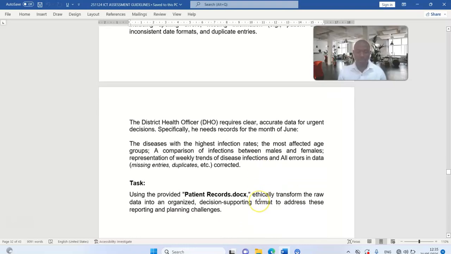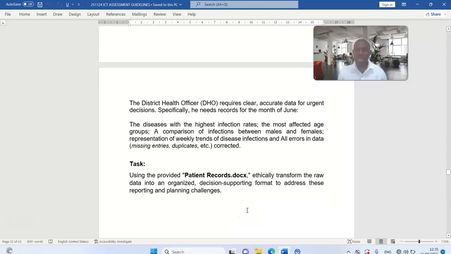So here they are giving a task using patient records, to transform the raw data into an organized decision supporting format to address this reporting and